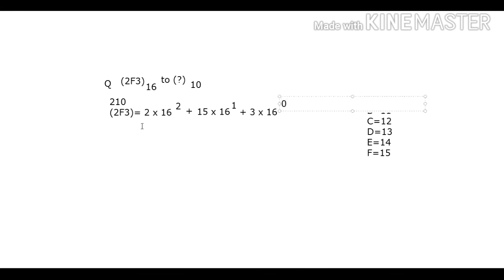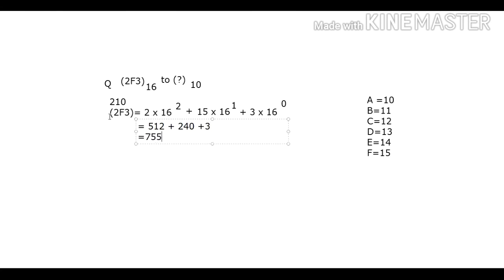Now let us do the calculation here. 16 square is 256. 256 into 2, we will get 512. Okay, then plus 16 to the power 1 is 16. 15 into 16, we get 240. Then plus 16 to the power 0 is 1. 3 into 1 will be 3. When we add all this, 512 plus 240 plus 3, we will get